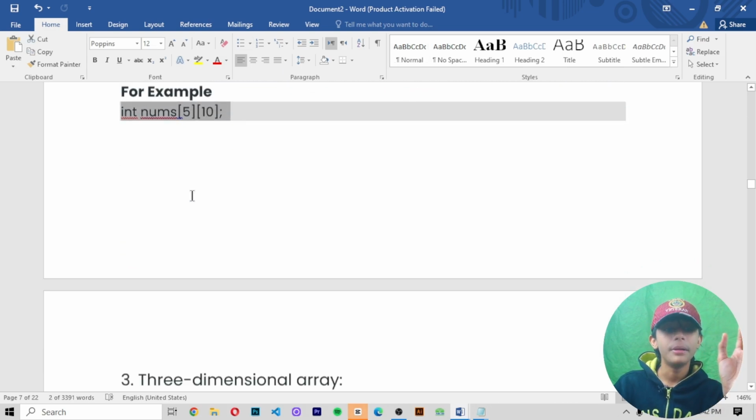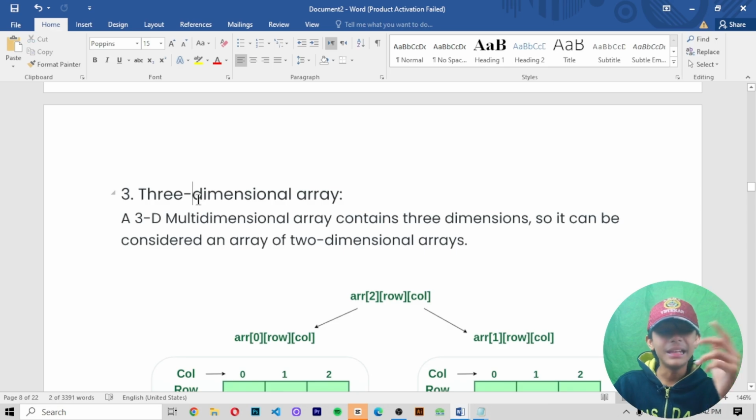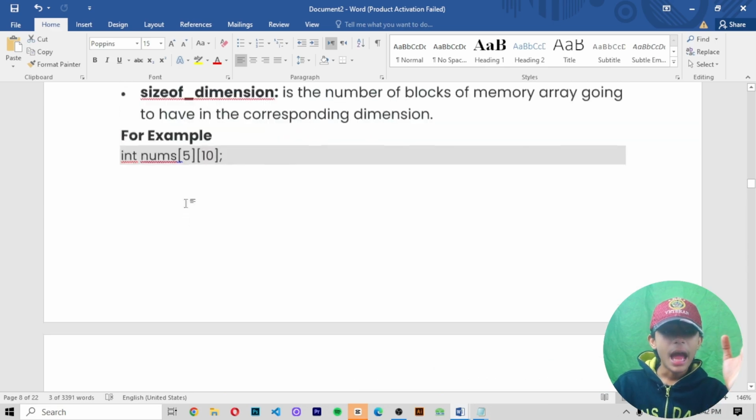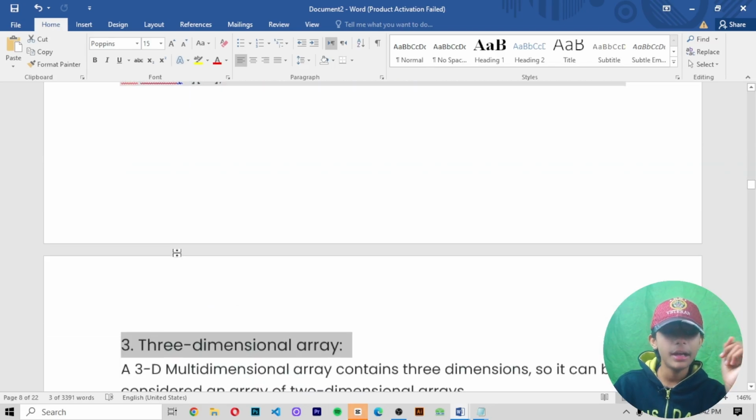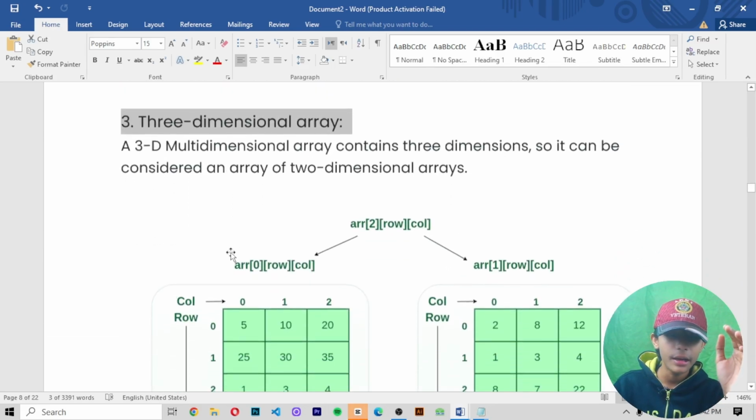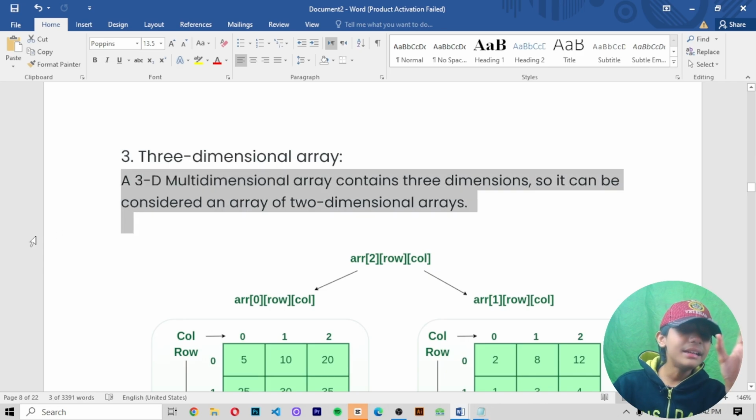Number 3, three-dimensional array. I told you about one-dimensional and two-dimensional arrays. A 3D array contains three dimensions, so it can be considered an array of two-dimensional arrays.